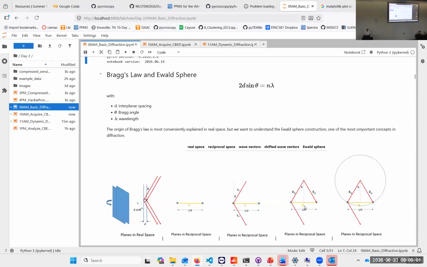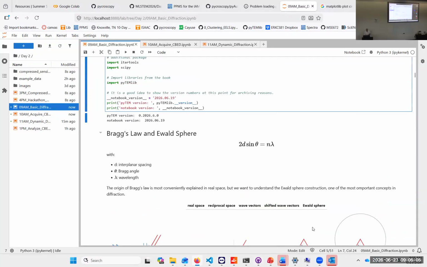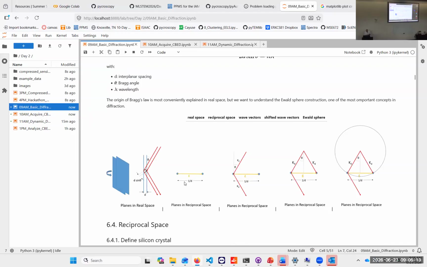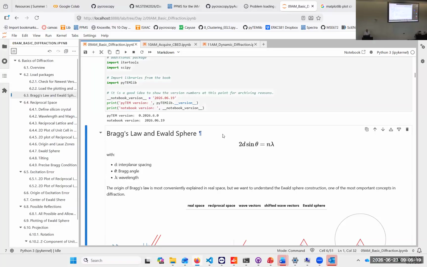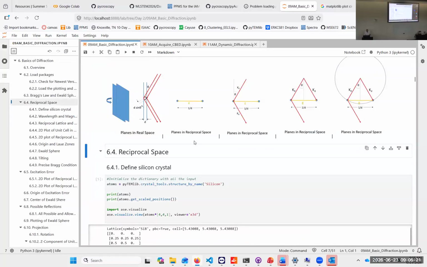So, okay, so we loaded the PyTEM version. It's always a good idea on these notebooks to see what kind of version you are operating with. So let's go here and look at